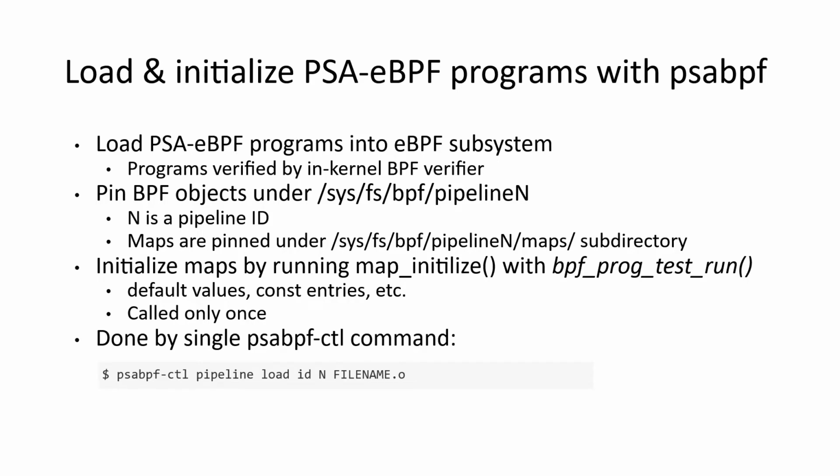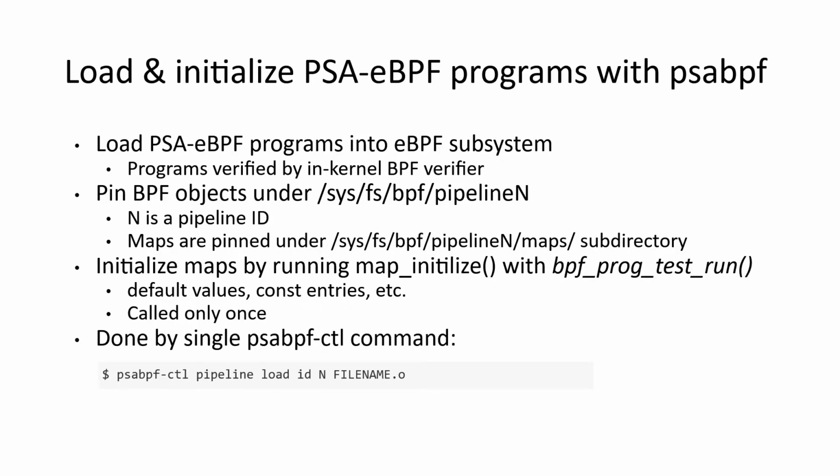The last step is to initialize maps by running the map initializer. It is a separate program which initializes maps with default values, for example, default actions, const entries, etc. This program should be called only once, just after loading all the PSA eBPF programs. All the mentioned steps are done by a single invocation of the PSA BPFCTL command. To execute it, you need only pass the pipeline ID, it is n in the example command, and the file with